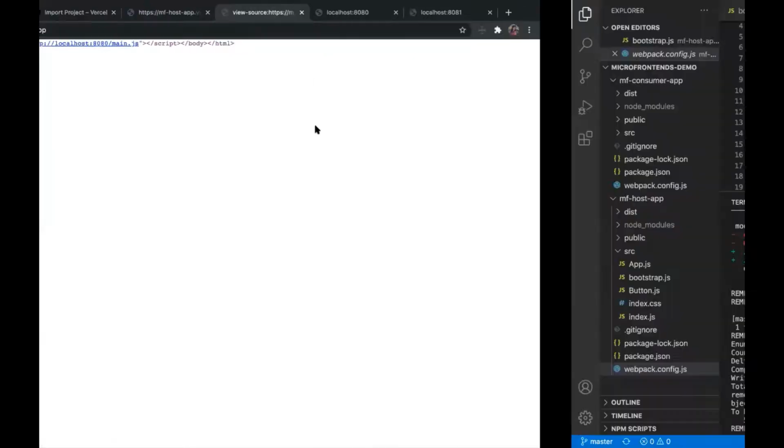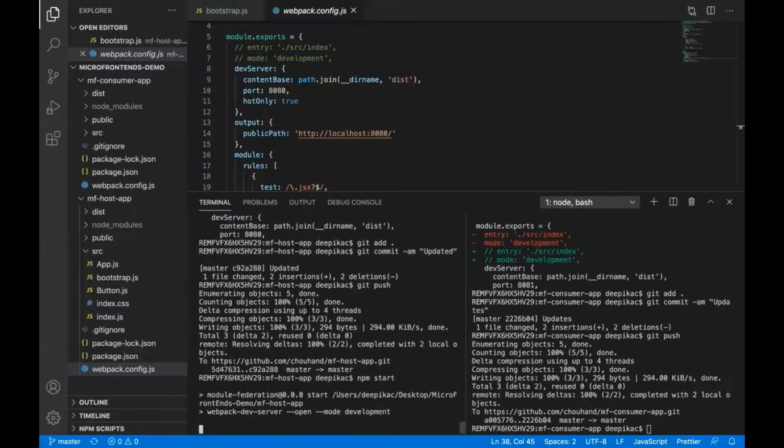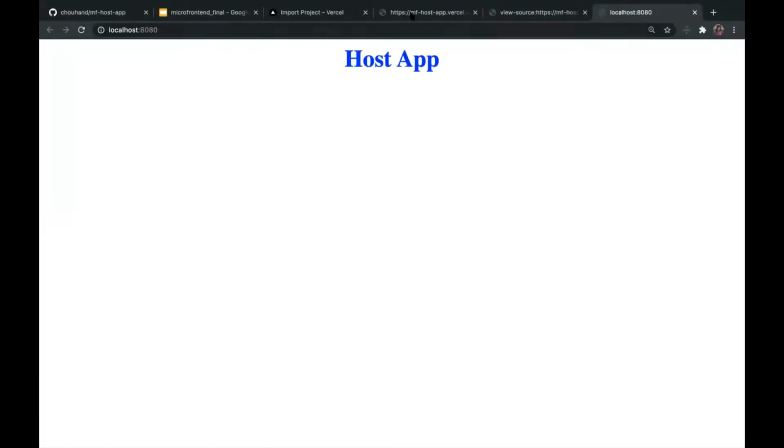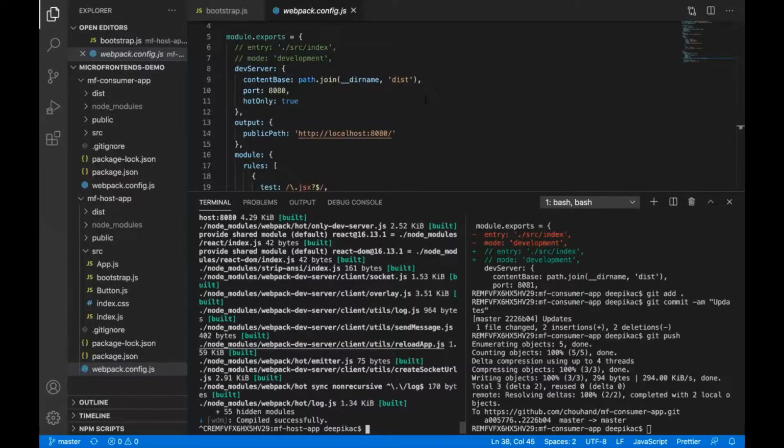So just to make it work, let's start the host application. Close this one, this one. Okay, so localhost is working. Let's refresh, and now it is working. Obviously, that is not the correct way because it is taking from the localhost. So to make it work for production, let's stop this and close this one.